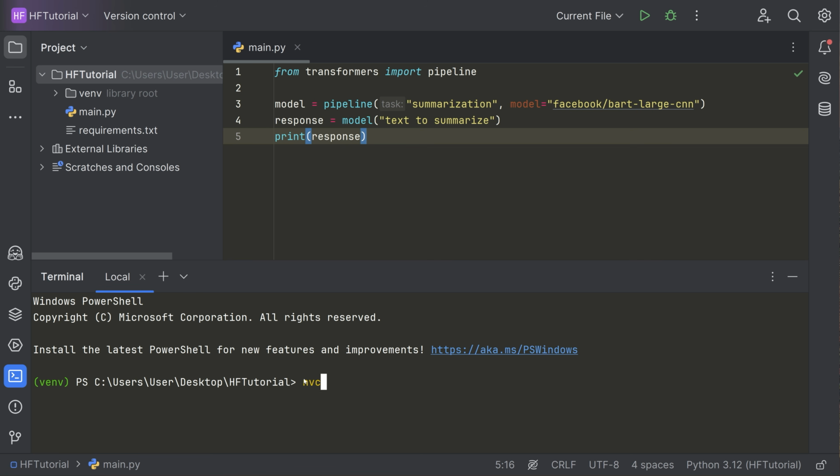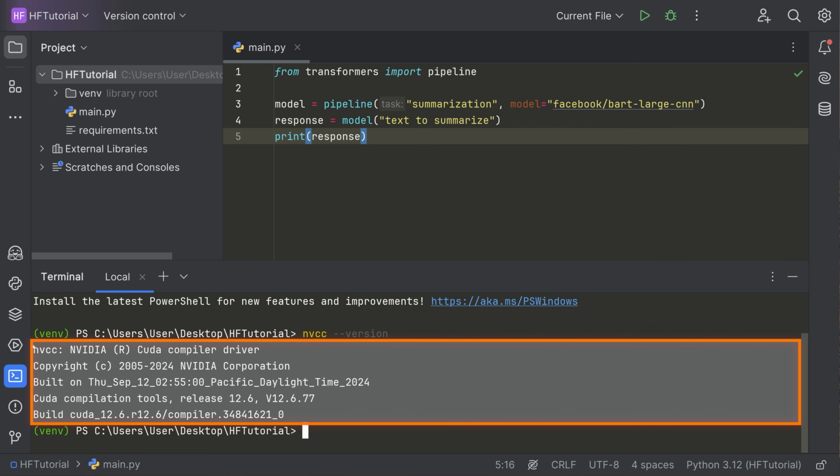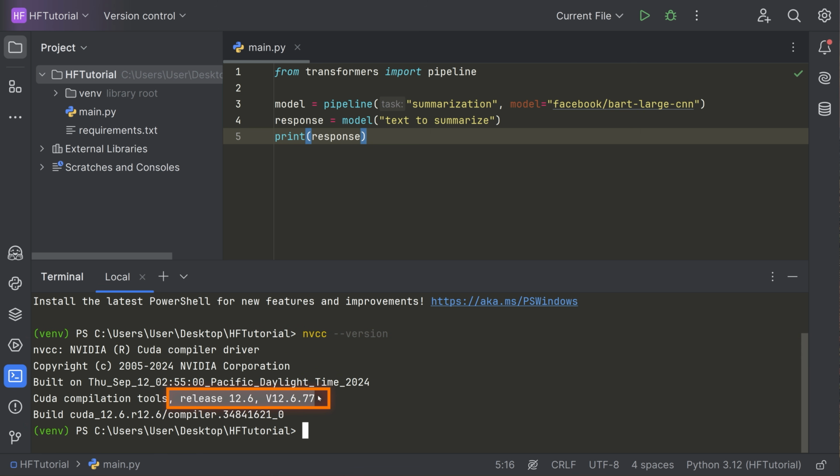You're going to type nvcc --version. If you do this, you should see some kind of output and it will tell you what version of CUDA that you have. Okay, so in my case, I have 12.6. You probably will have 12.8 or something more recent if you just downloaded it today when you're watching this video. So now that CUDA is installed, we can move on to the next step, which is going to be